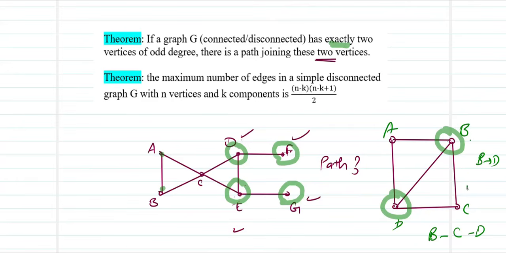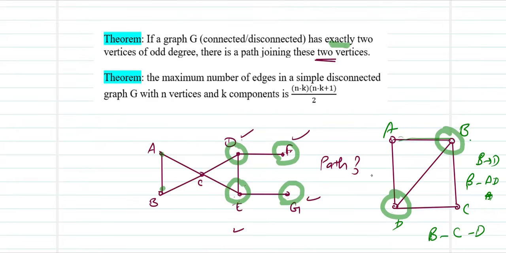I can move via B, A, D and B. So this is going to be a B, an A and a D. This is going to be a path. So when you have exactly two vertices of odd degree, for sure you will be able to find a path